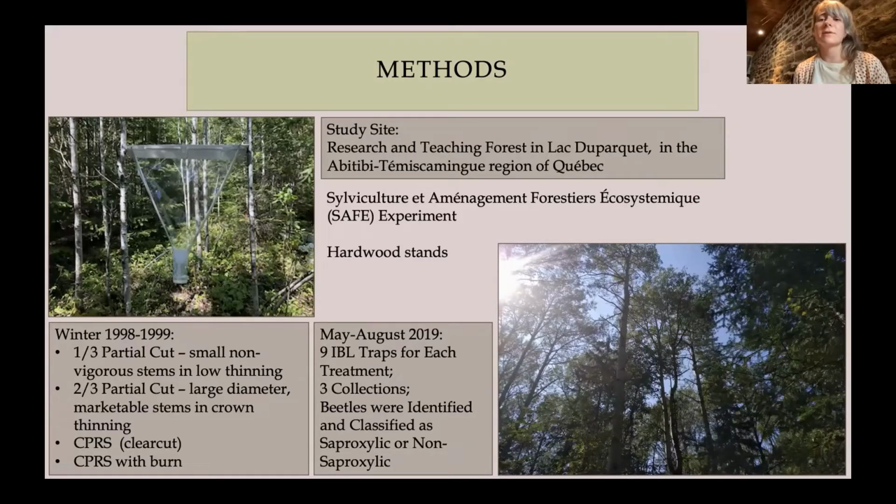And we had two types of clear cut. So one with a prescribed burn and one without. And CPRS just refers to the type of clear cutting commonly used in Quebec, in which we allow for some understory protection. We came back May to August 2019, so over 20 years later, and we set up IBL traps